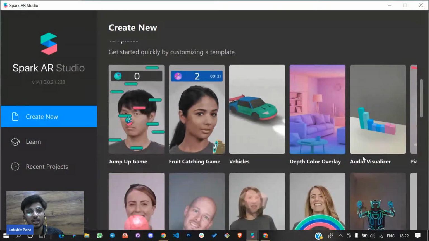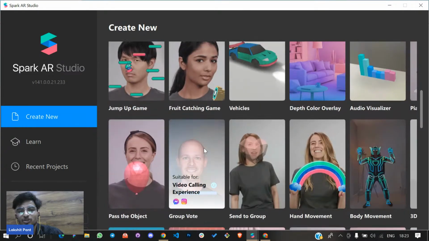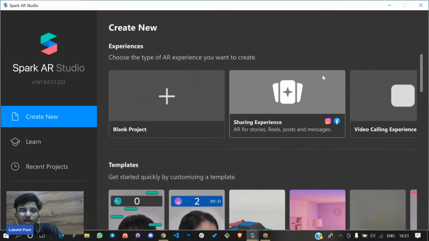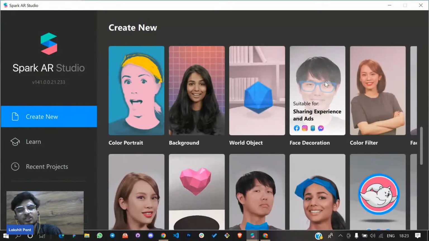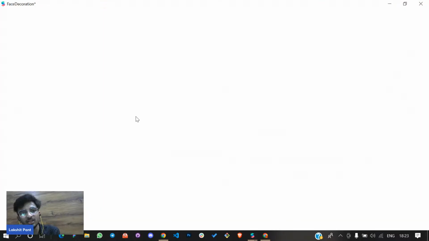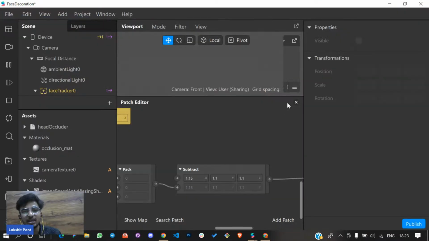Okay, that's it. Now what are these templates? I'm very proud to say that Spark AR is now a 100 million plus community of creators, and these creators are pretty amazing, and they create all these templates. Today I'm going to teach you the Spark AR filter with the glasses, this one. If you get an idea like how to make a color portrait or something like that, you will get a template. You can just click on these templates and see